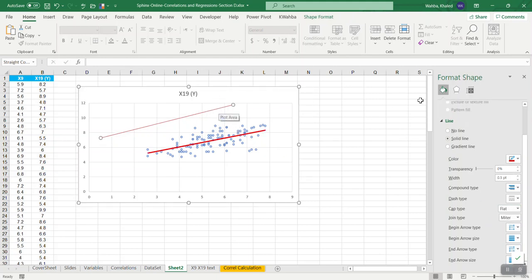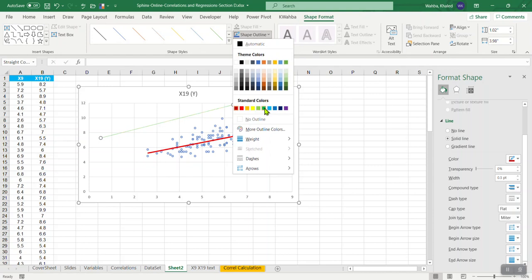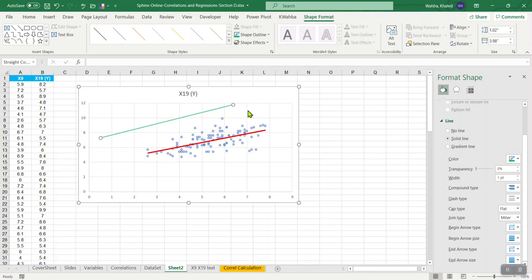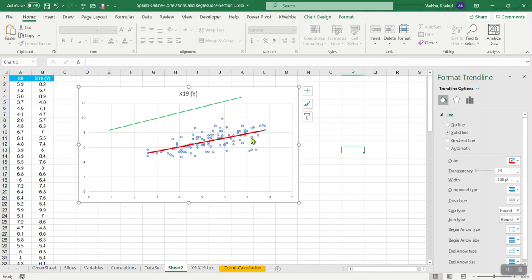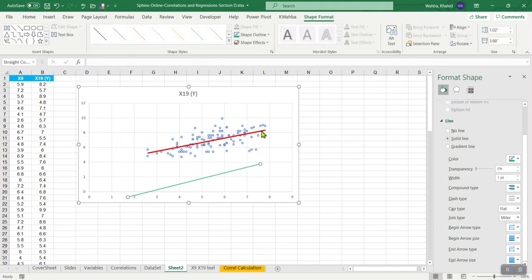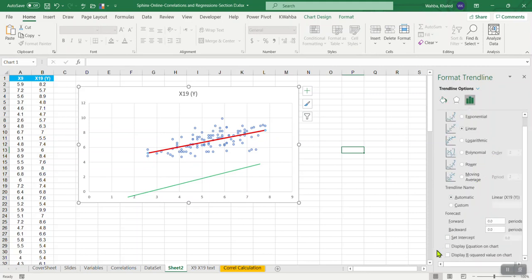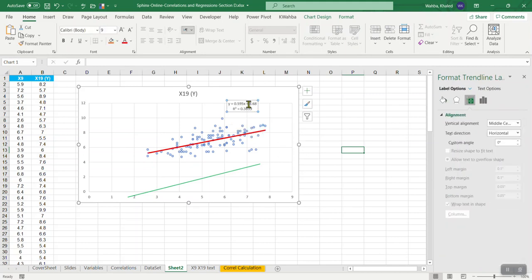Now I can make it a different color. Let me make it green now to differentiate between my line and the line of the Excel, just like that. This I can move, but the other one I can't move. Actually, it's built in. So now I have this is the best line, and not only that, this best line I can also ask Excel, if I go here, to write the equation and get the R square. So if I do it like this, definitely I will make it bigger a little bit,